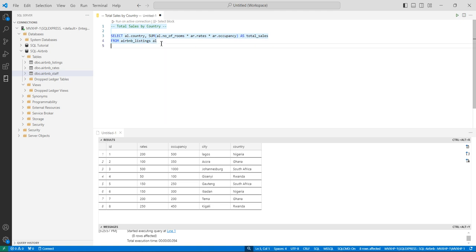And then join air rates, which is the AR, on... now on what? AL dot ID equals AR dot ID. What you're doing here is saying the ID is what's common to both of them, so whatever you want to join from there, pick the respective columns needed for the sales calculation. Group by